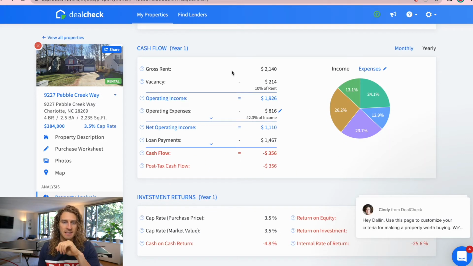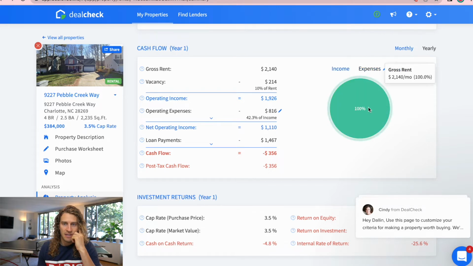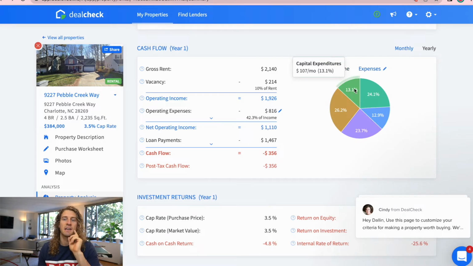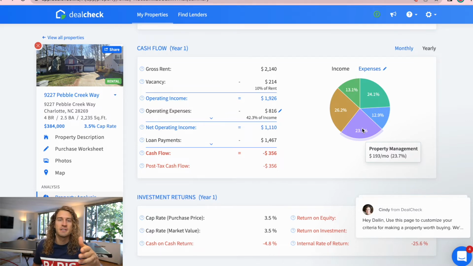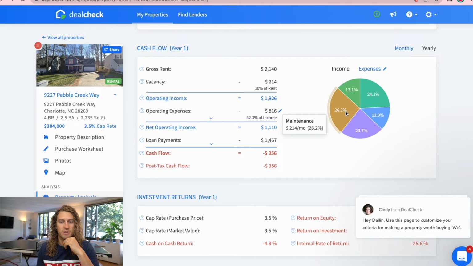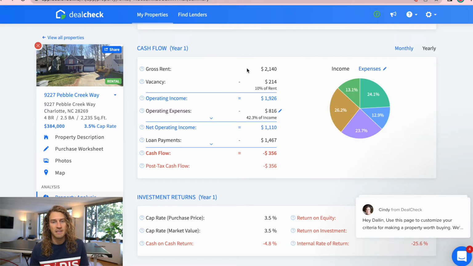Here's the interesting thing, the cash flow here. So the cash flow is telling me my gross rent, which is 2,140. So the income is my gross rent, and then we want to take out all the expenses. So expenses is CapEx and property taxes, insurance, property management fees. If you were going to manage this property yourself, you could actually take this down to $0 a month. I would be relying on property managers, so I want to keep that in there. And then the maintenance is $214 a month. So here are all of your expenses that are getting taken out of your gross rent,